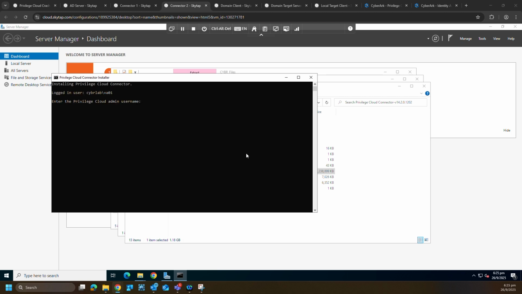You will then be prompted to enter several key details. First, enter the installer user credentials. Next, enter the password of the logged-in local administrator user. Remember, this user must be a domain user with local admin rights for in-domain deployments. Then, provide the Vault FQDN in the following format: